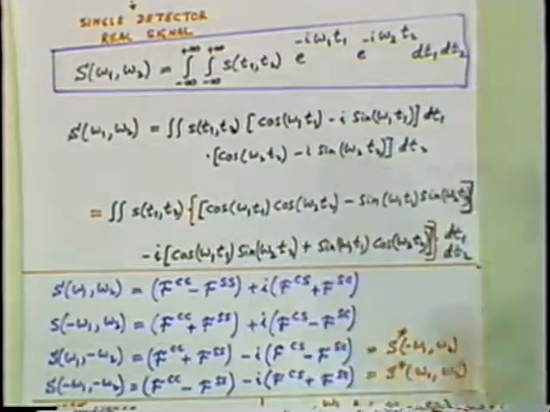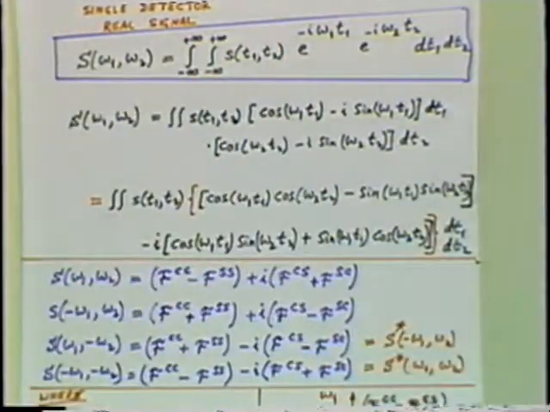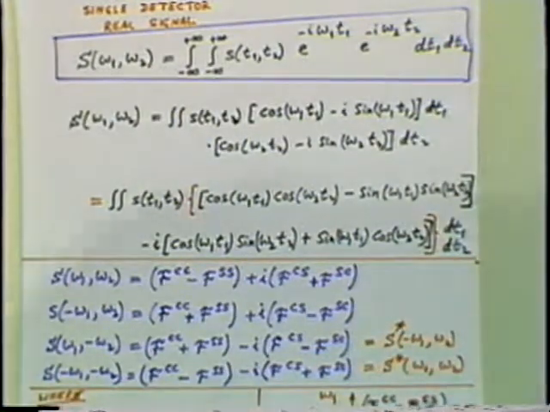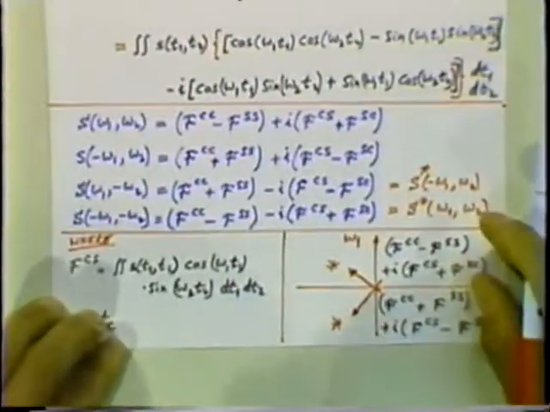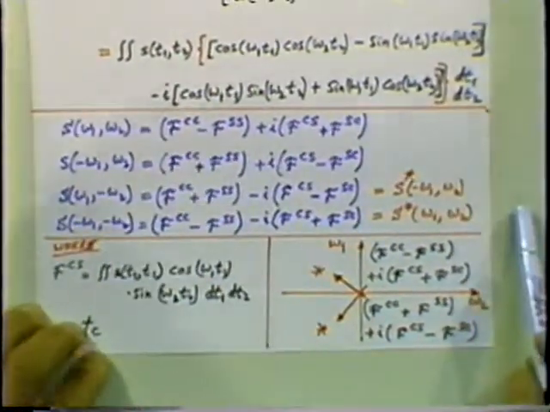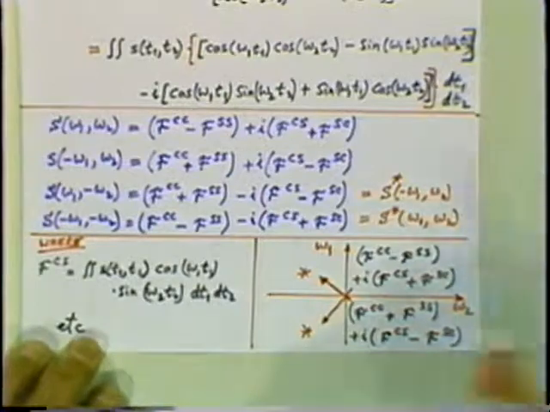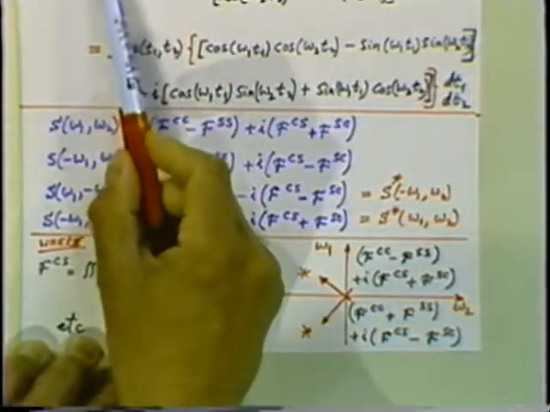I have just written down, you can call it cos and sine transform, you can call it real and imaginary transforms, and I even mixed them up. Soon you will see that I also mixed up in the next transparency. In any case, what we have then is the signal S, the frequency